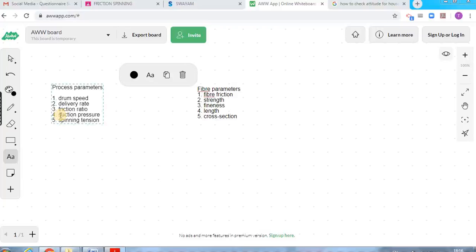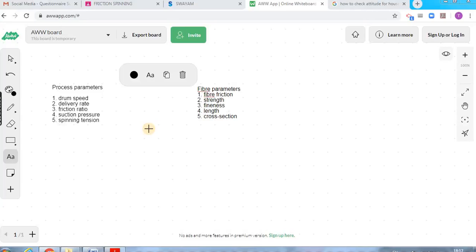Fourth one is suction pressure. The suction pressure inside the perforated drum. Normally suction pressure will be 200 pascals or 300 pascals, right? When I increase the suction pressure, the fibers are attracted towards the perforated drum in a positive manner. So fiber orientation will increase, and fiber buckling will reduce when I increase the suction pressure. Further, the fibers are held firmly against the perforated drum, which will reduce the slippage also during